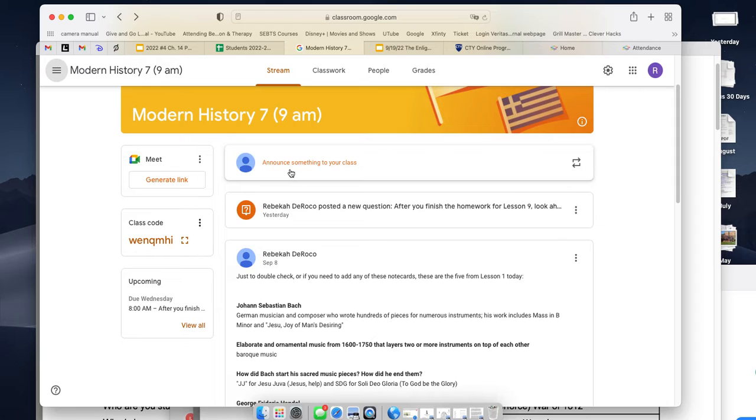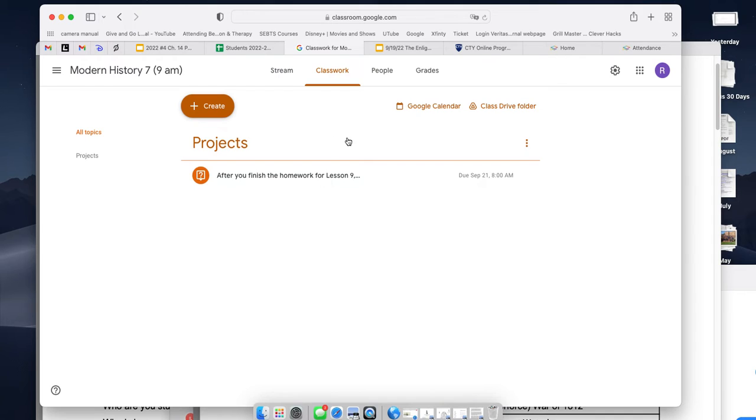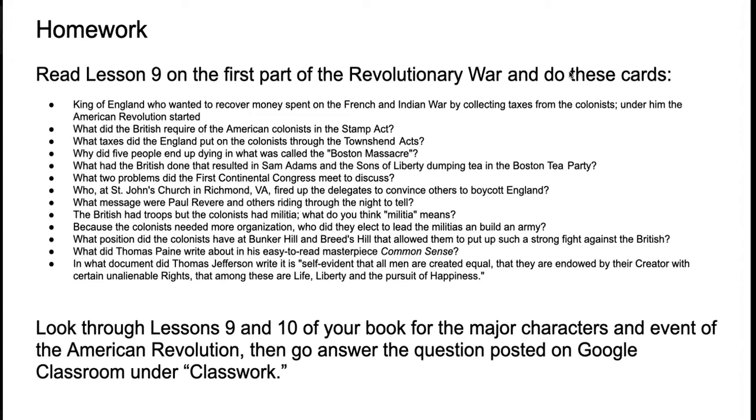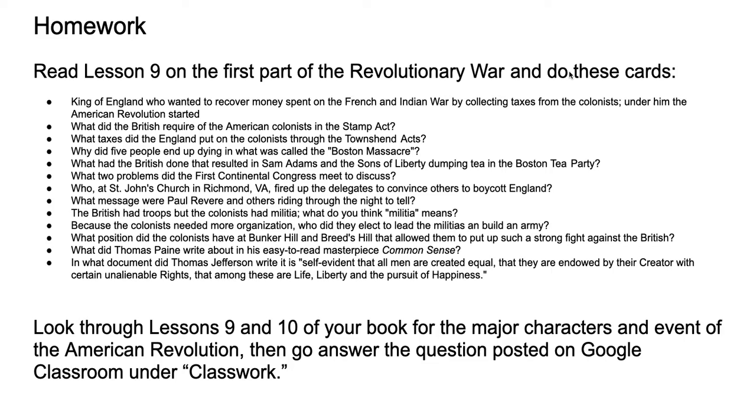But then the last way, and this is what you'll have to do if for some reason you miss the deadline, you'll have to go here and click on classwork. And then it will take you to posted assignments, and you will see that currently this is the only thing that's posted here under my projects tab, and it's that question. So that's 3 different ways that you could find this question if you needed to. Any questions on your homework? Everybody good? Everybody know where it is? All right. Then